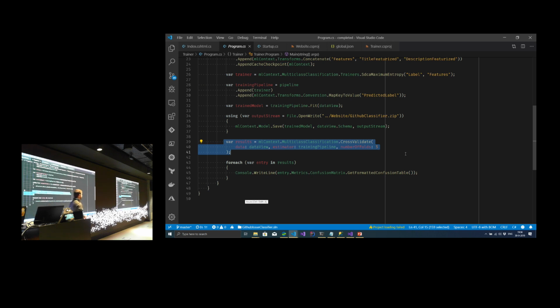Yes? Is it possible, maybe in the future, from the portal we saw previously, to export models and use them directly in ML.NET?